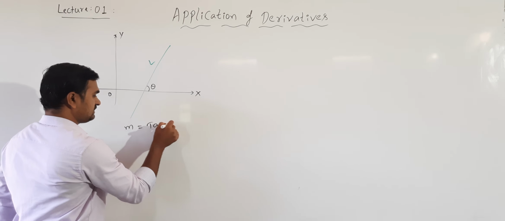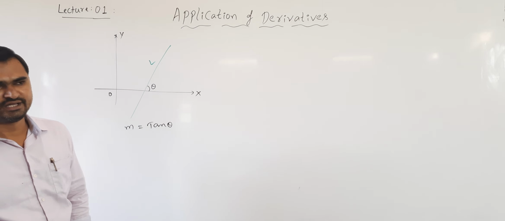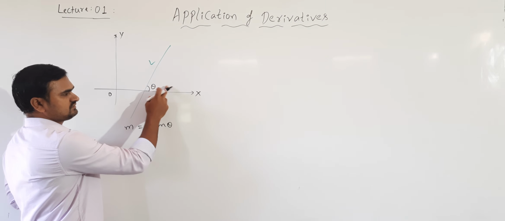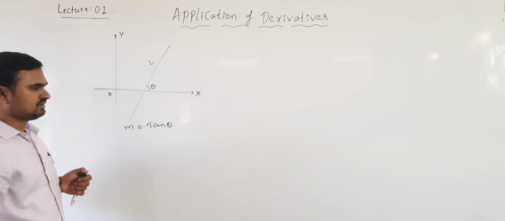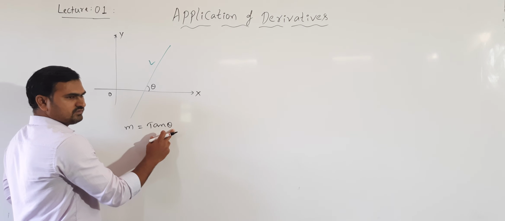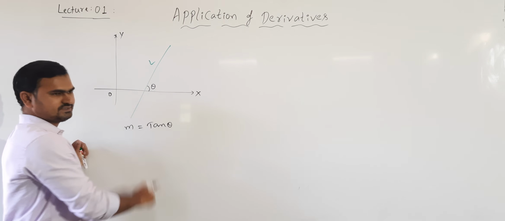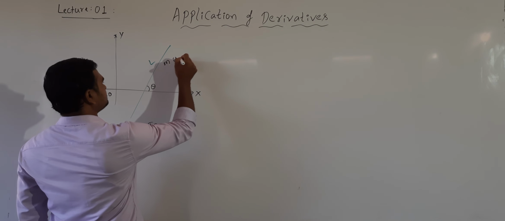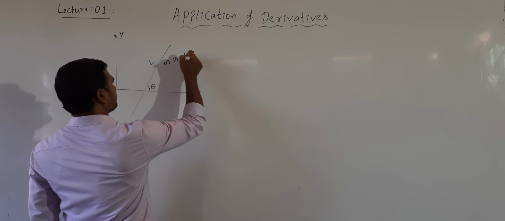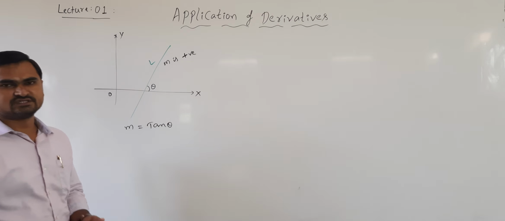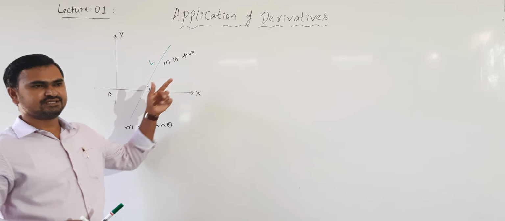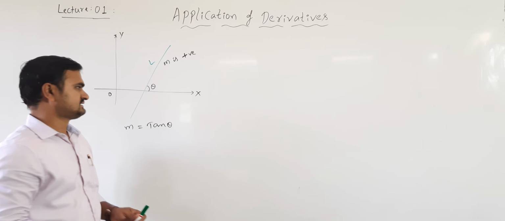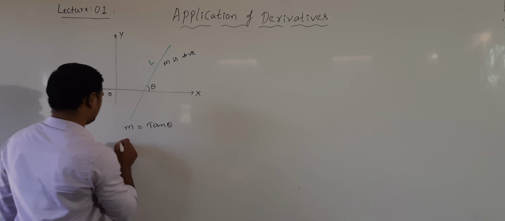We know that the slope of the line m is given by tan theta. So if theta is acute, theta acute means which lies in between 0 to 90. Now when theta lies in 0 to 90, we know tan is positive. So tan positive means here slope is positive. So here m is positive. Okay. So if the slope of the line is positive, we can say that it is making an acute angle with respect to the positive direction of x-axis. So here theta is acute.